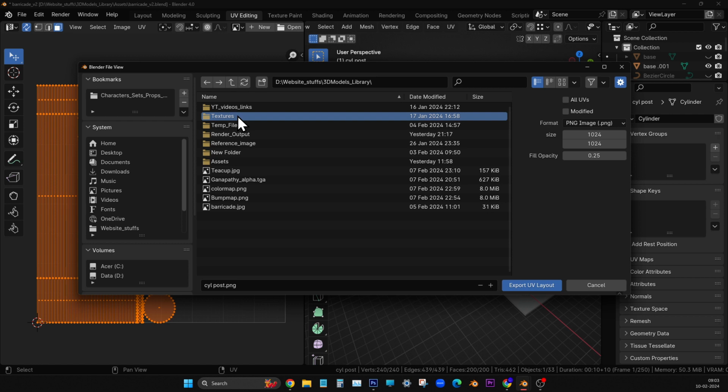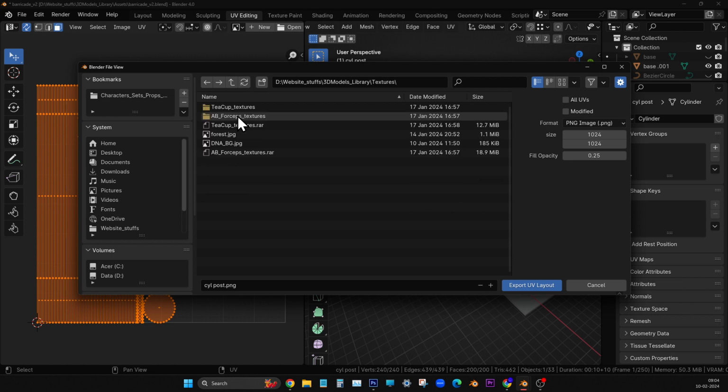At the end of the class I will be explaining all these: resizing the windows, viewports, and then how to create a file directory in Blender. All that I will tell you. For now you can just save it wherever you are saving the mesh file. In my case I already have the directory, so I can save inside the texture folder, and I will save it as